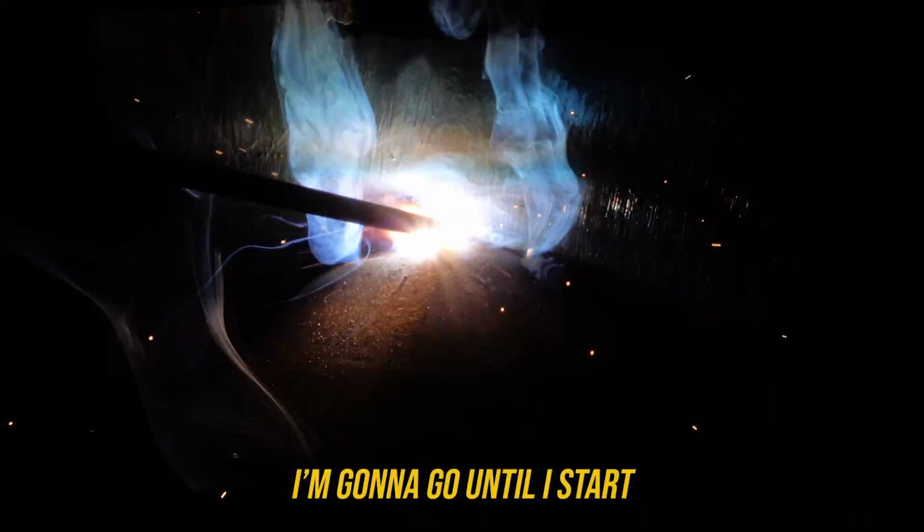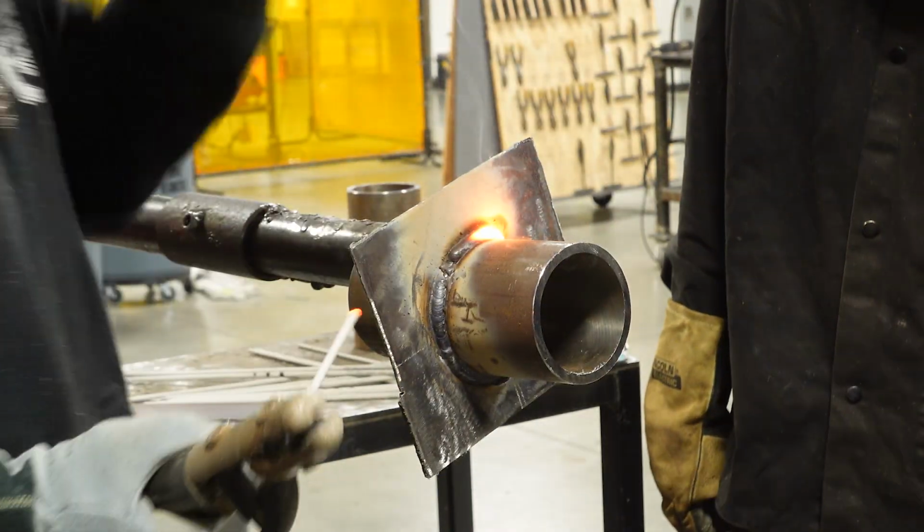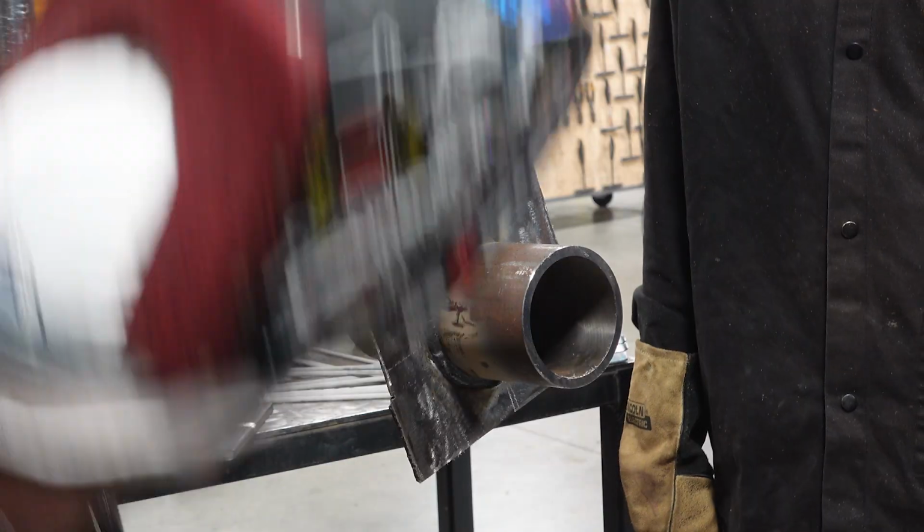I'm gonna go until I start seeing that slag drip a little bit. That's how I know I'm starting to run downhill. I don't want to run downhill. This is an uphill only process. If we look at this tie-in now,